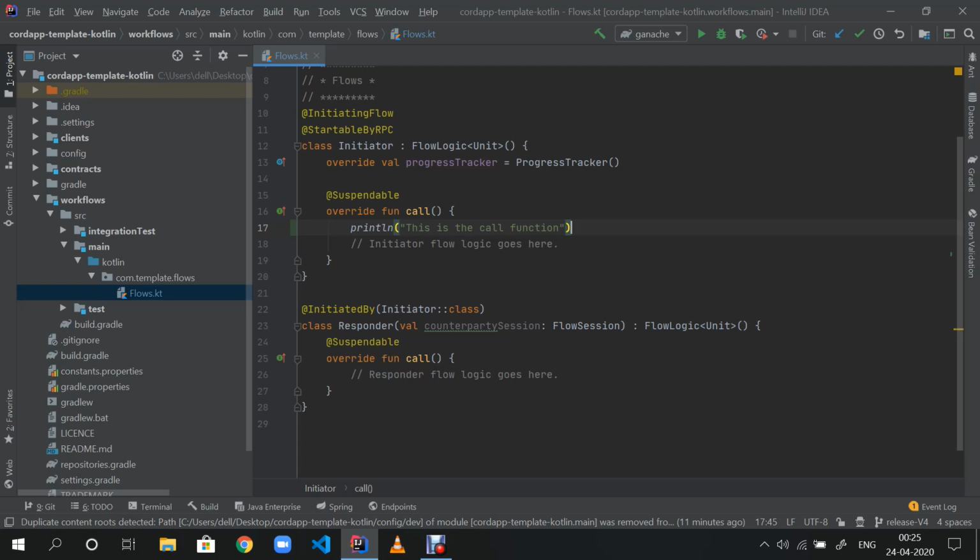So when you sell this laptop to node B, the state will change the ownership to node B, and node B will send some money to your account. All this process of transaction of the laptop will happen in the call function. Okay, so the flow will represent the process of transaction and the state will represent the asset.